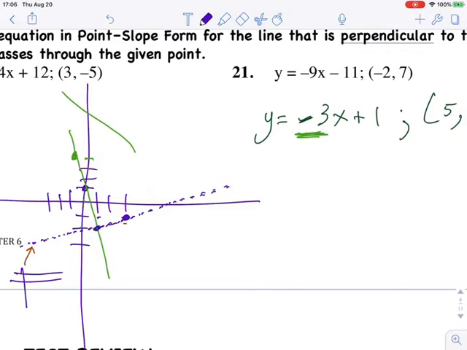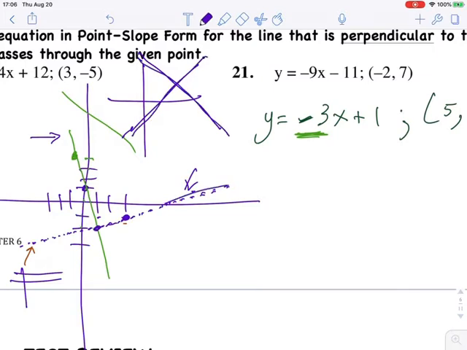What is that? That's a rise of, first of all, it's a positive slope line. If this is negative, this has to be positive. They've got to be opposite signs, okay? If you're trying to draw perpendicular lines, one's positive, the other's got to be negative, or if one's negative, the other's got to be positive. That's always the case. So the slope of this blue line down here is positive, rise of 1, run of